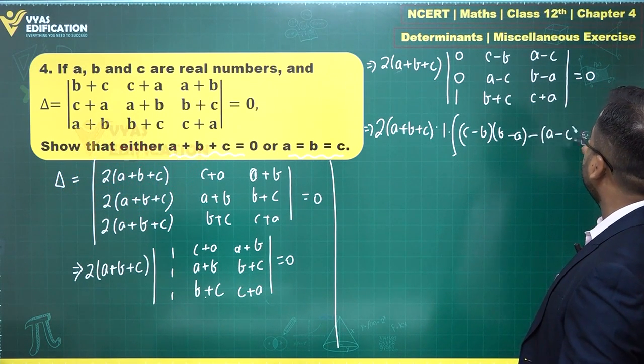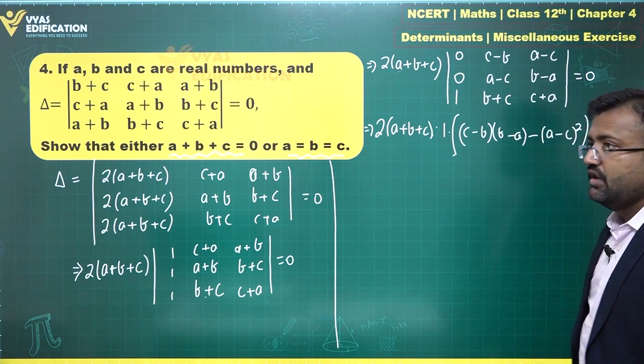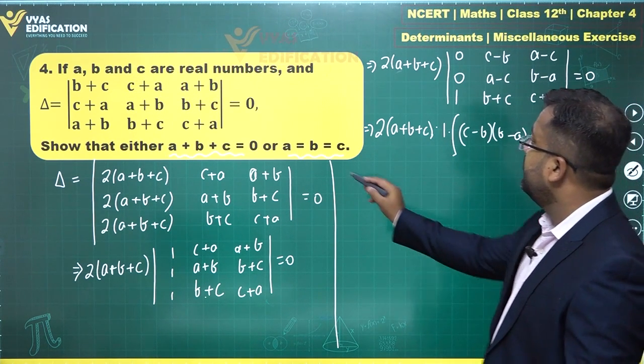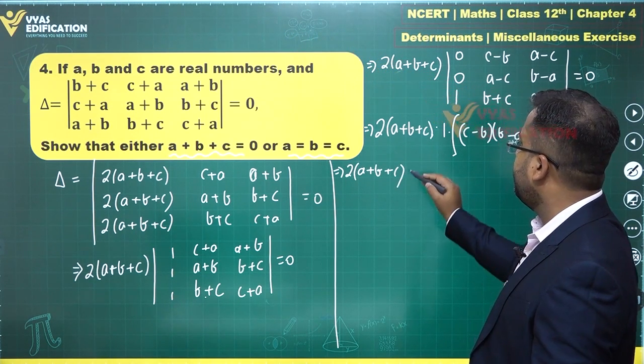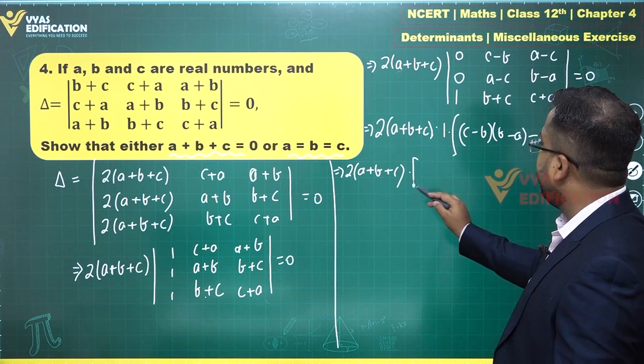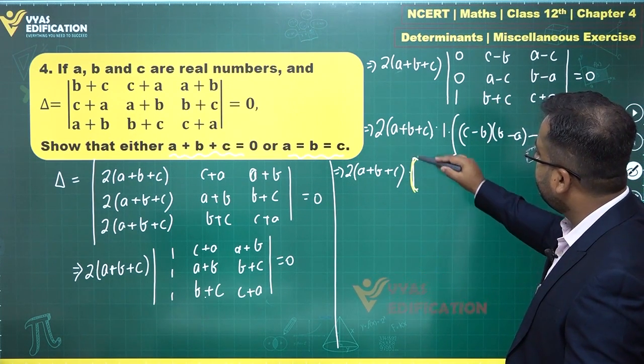Minus A minus C and A minus C, that is A minus C whole square, this is equal to 0. That's what you're getting, right? So 2 times A plus B plus C, this is okay, times, what is this simplifying into? Let's observe what this is simplifying into. This becomes